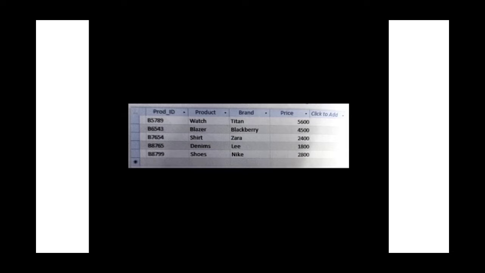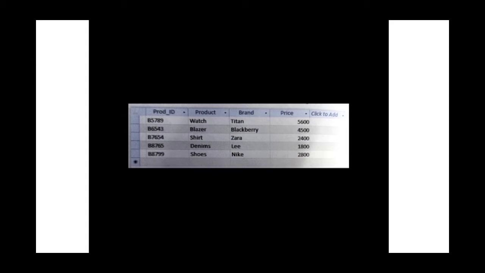And you wanted the list of product ID and product whose price is greater than 2000 and less than 5000. You wanted the list of only those names, only those products. So what you will do, first click on the create tab, click on the query design